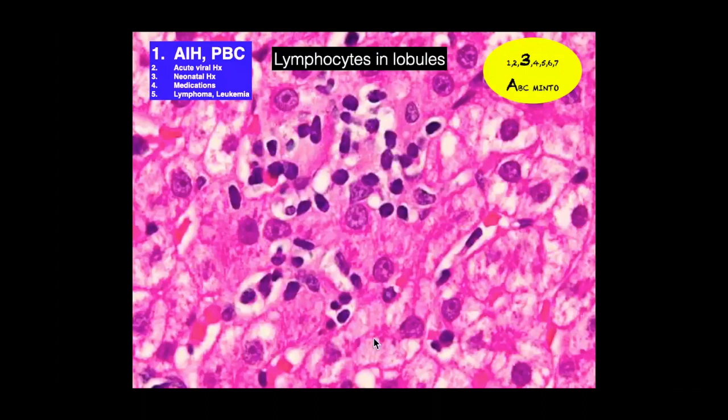Here you can see the lymphocyte in lobules. You may not see portal tracts in many of these pictures because we are more concentrating on the lobular disarray. So you can see the lymphocytes that can be present in autoimmune hepatitis and primary biliary cholangitis, which is previously known as primary biliary cirrhosis. Autoimmune hepatitis we diagnose by plasma cells, but when they go for treatment, even a single dose of steroid can cause the disappearance of plasma cells. So again, serological and clinical correlation is very, very important.